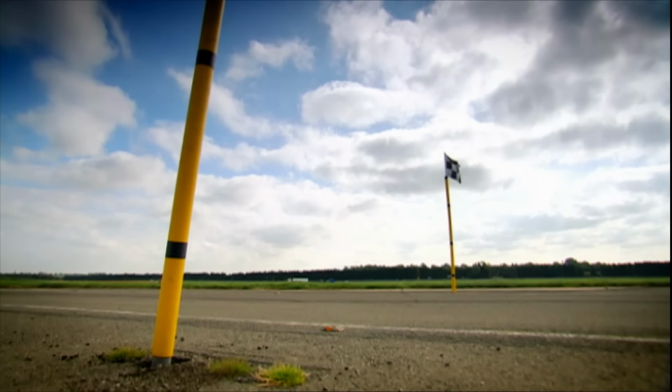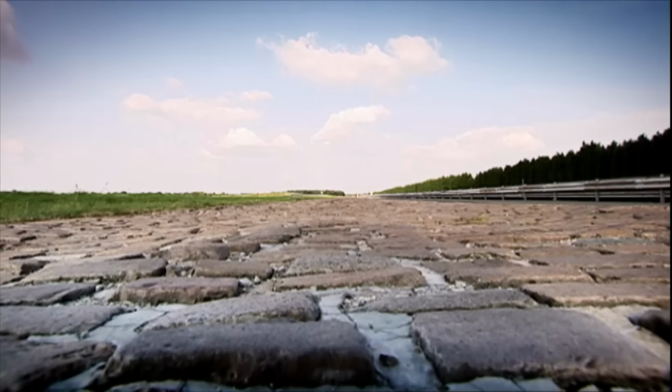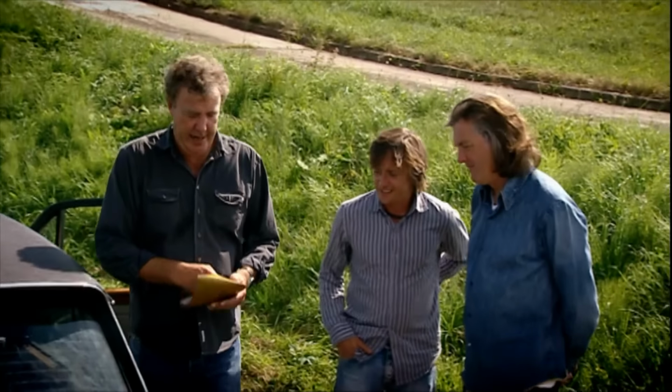So, we tested the performance and the handbrakes, and now it was time to look at ride comfort. Thank you very much. OK. New cars are tested on Myra's rough road at 20 miles an hour. You will drive down it at 30 miles an hour. I may not excel at this one. Attached to the roof lining of your car is a colander full of eggs. The more your car shakes about, the more egg will end up in your hair. Each gram of egg left in the colander at the end equals £10 paid into your...